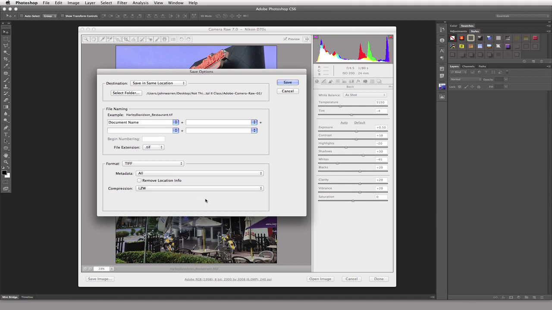In other words, you're not going to lose any quality of your image, but you're going to be saving disk space. It's a great option. JPEG, we all know what JPEGs are all about, and you can choose your different quality settings. I personally export everything out as